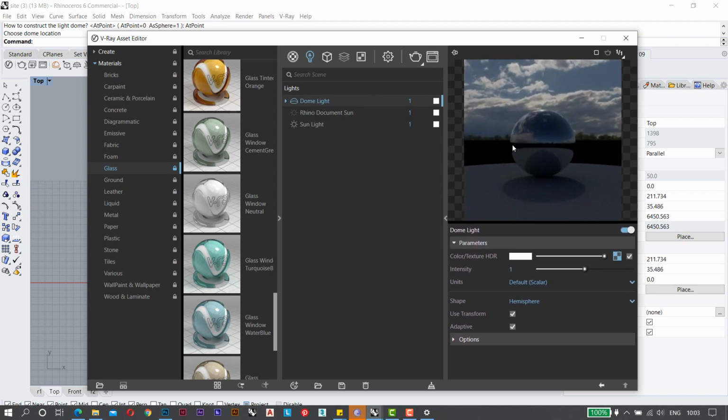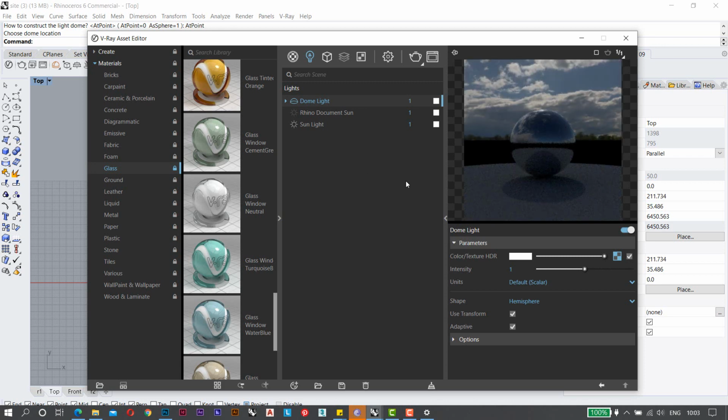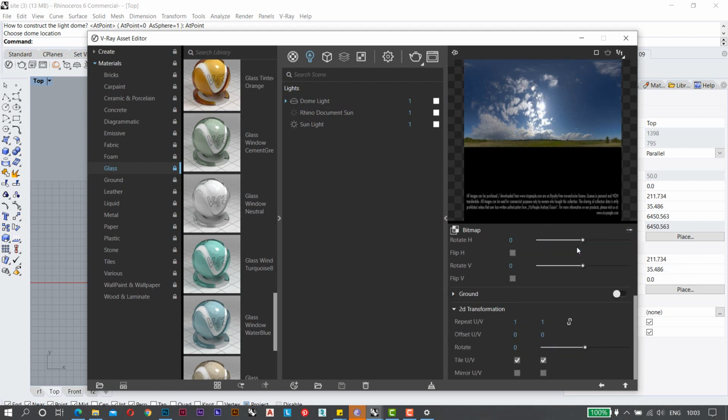As you can see, right now the intensity is very low, so we can change the intensity. I am making the intensity around 80. There are many other options here. If you want to change the background into something else, lower the intensity first, and let's suppose you don't want the sky, so you can change your image. Here you can change the texture placement at the bottom.